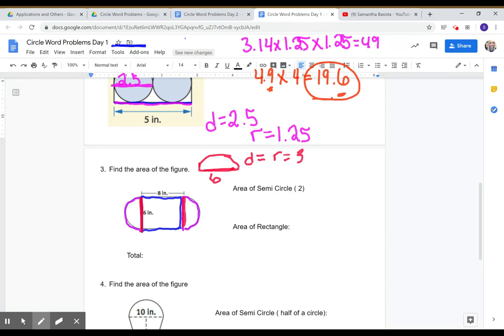Same thing over here, 6. So again, the other semicircle is also going to be a 3. Now you could look at these two ways. You could look at it as two semicircles, or if I have a semicircle and another semicircle, it makes a whole entire circle, right? So what I could do is 3.14 times my radius, 3, times 3, and I get